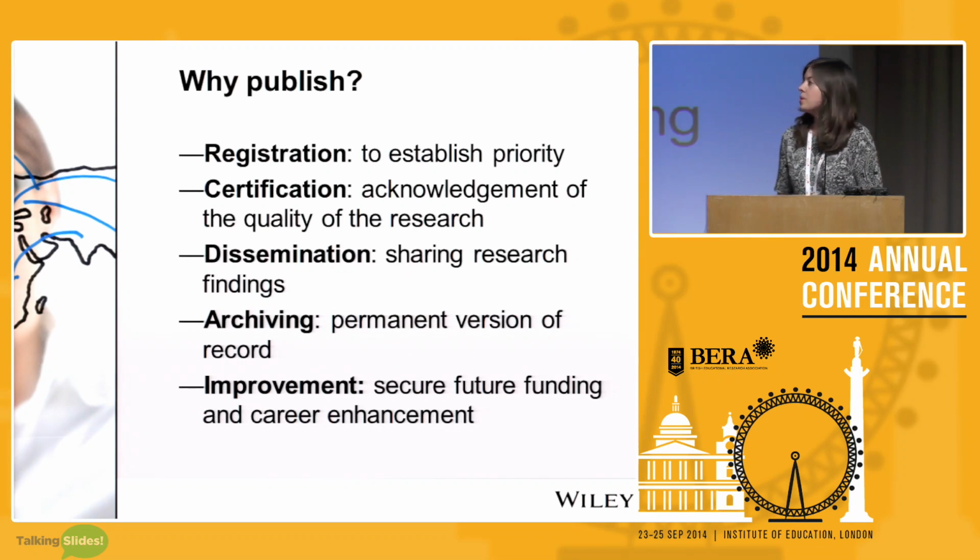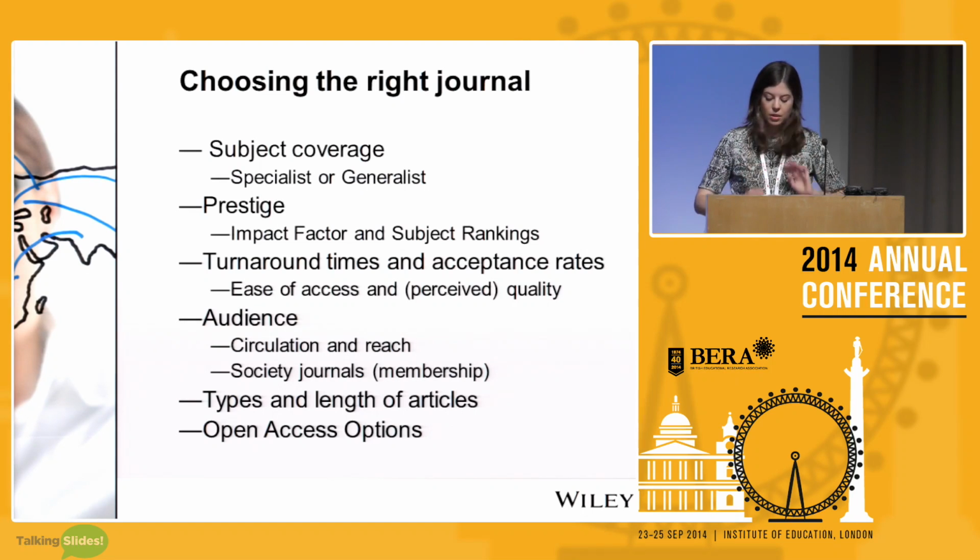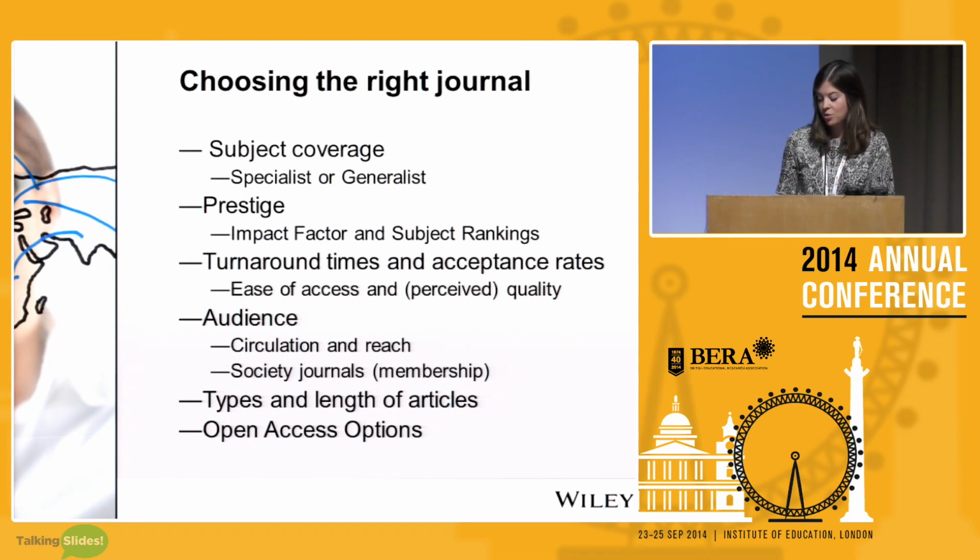So given that you want to publish in an academic journal, how do you know which one? Where do you start? You've decided to publish in an education journal, but there are hundreds out there. How do you start to choose? A good place to start is the subject coverage. You may wish to target a specialist journal that covers your particular niche within educational research, because that might have the specific audience you're looking to target. Or you may wish to reach beyond your immediate field boundaries and look at a more generalist journal where you can expect that more people lay their eyes on the text.